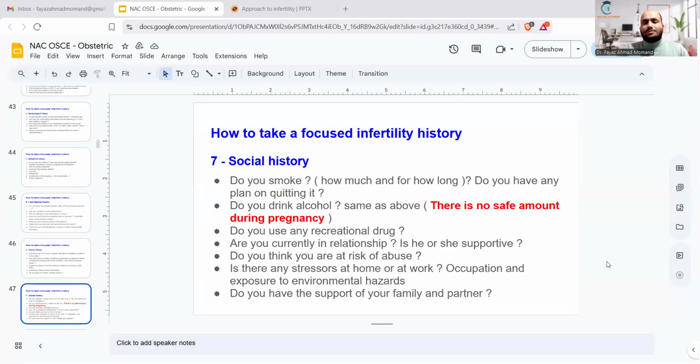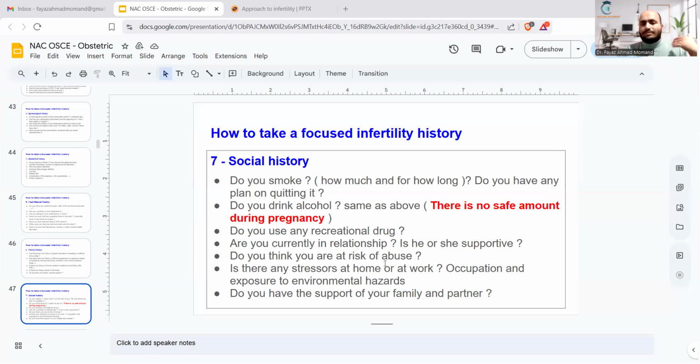Once that's done, then we move on to social history: smoking, alcohol, recreational drugs, current relationships. And once again, you can ask about abuse and then stressors at home or work. And finally, you ask about support from family members and their partner, and then move on with